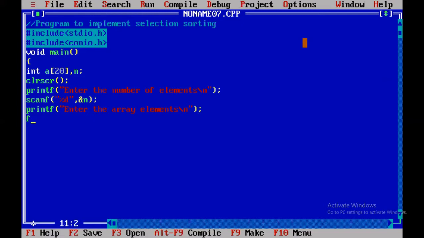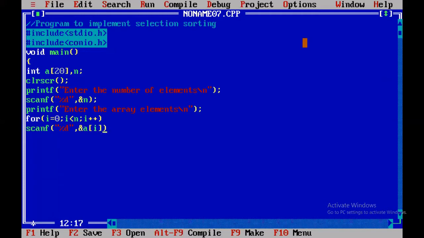Next, I'll use a for loop to read n elements: for i = 0, i < n, i++, then scanf("%d", &A[i]).